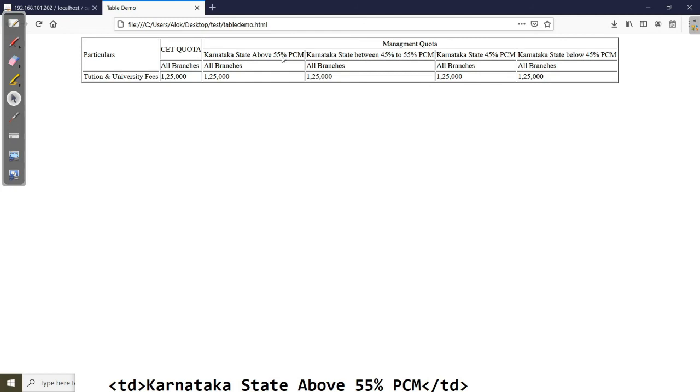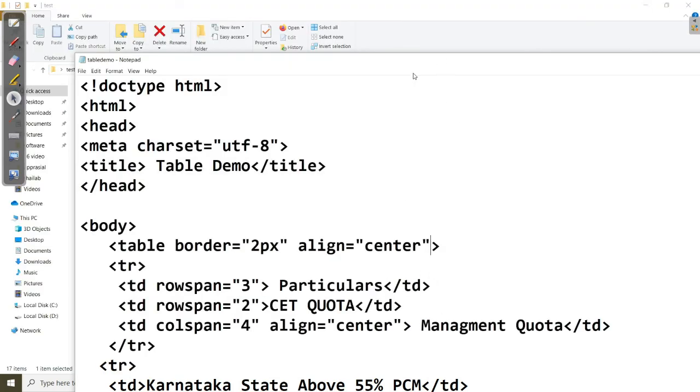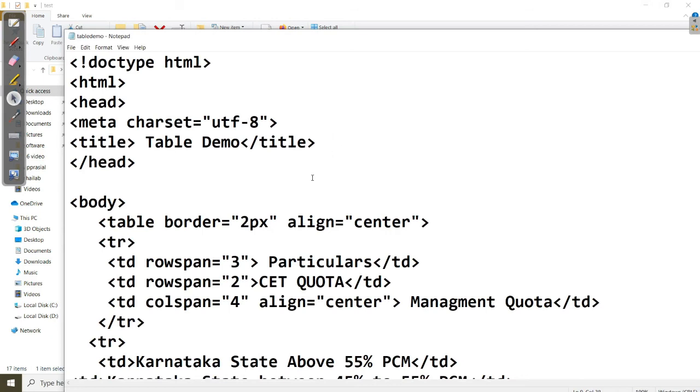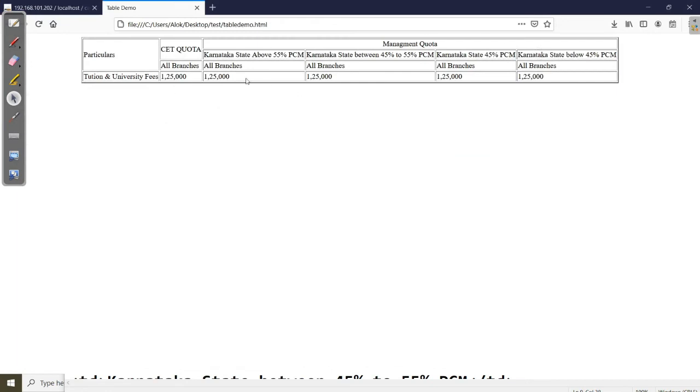Okay, and you see here we did not put any height and width, but still, whenever you see the output, everything is adjusted based on this. Clear? So in this way you can use row span and col span.